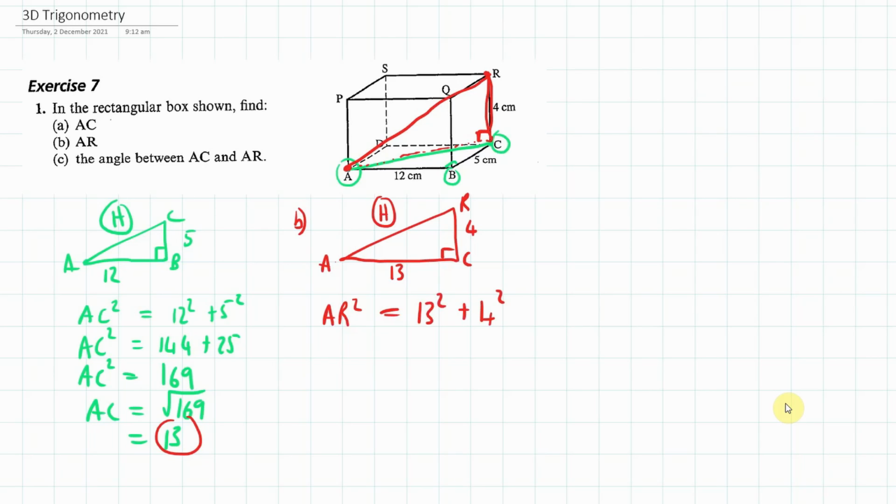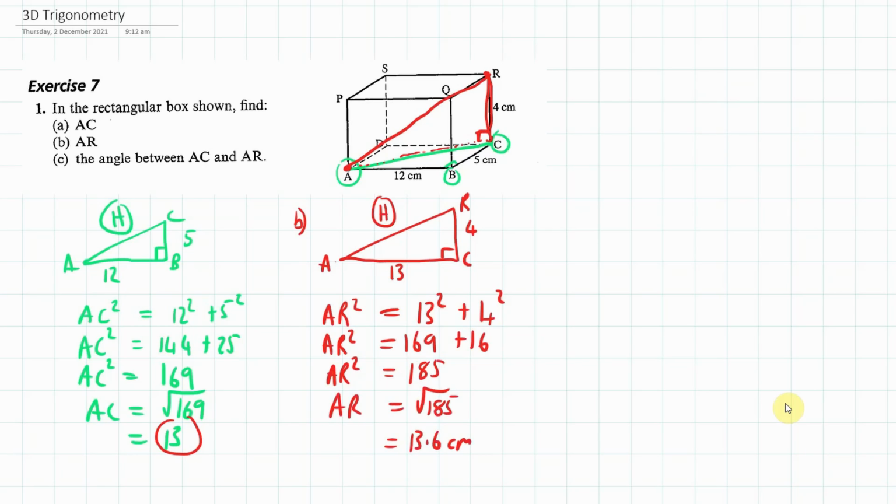And what is 13 squared? It is 169 plus 16. So that is AR squared. And then we're going to need to add those two together. So what do we get? There is 185. So AR squared equals 185. And we want to take the square root of that. What does that give us? It gives us 13.6